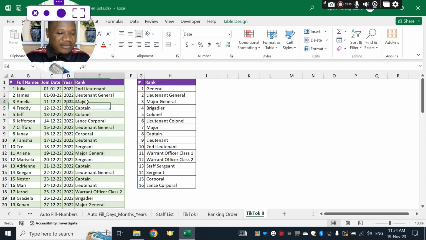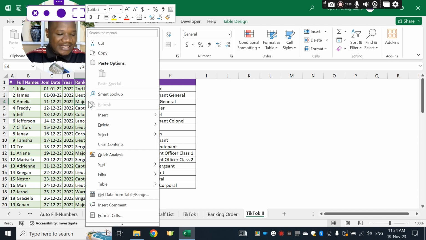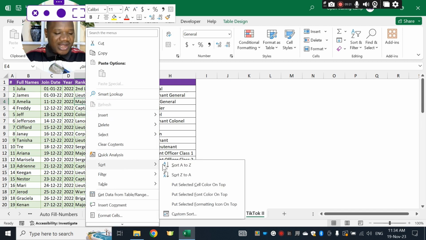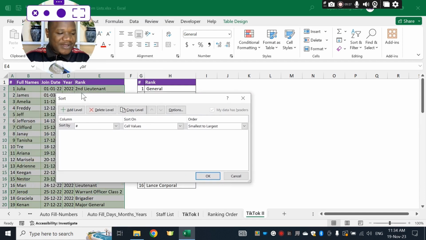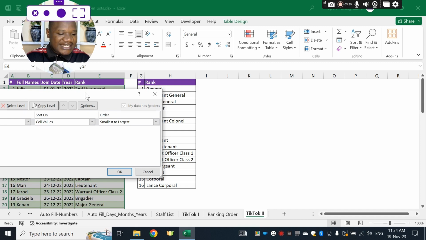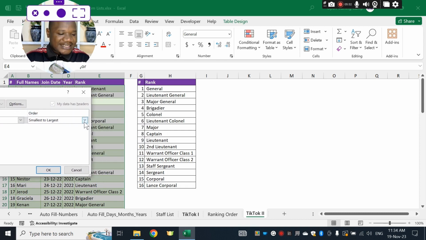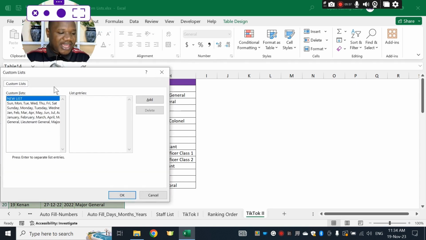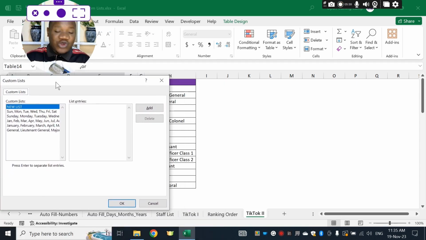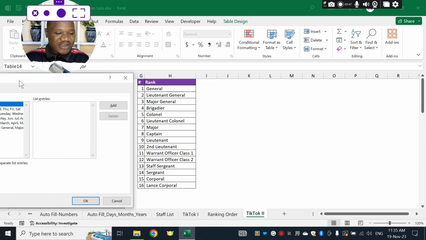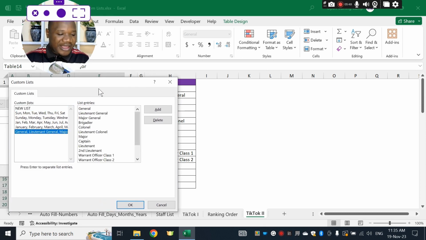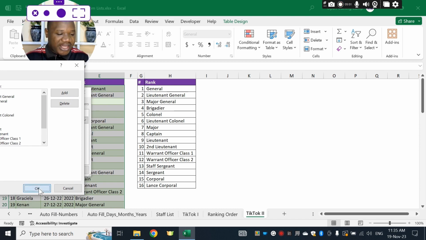What we can do is to come over to this column, right mouse click, go to Sort, navigate over until you see Custom Sort. This will open the Sort dialog box, and inside our sort order here, let us click in the drop-down and go to Custom List. Okay, and when this Custom Lists dialog box opens once again, now that we have our custom sort order of the rankings that were given to us, we can now tap here and immediately say OK,